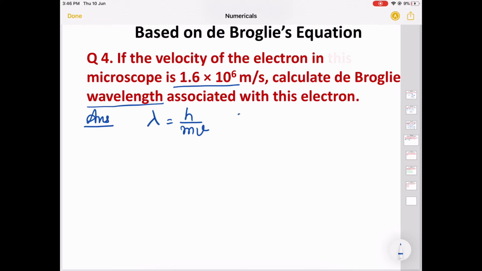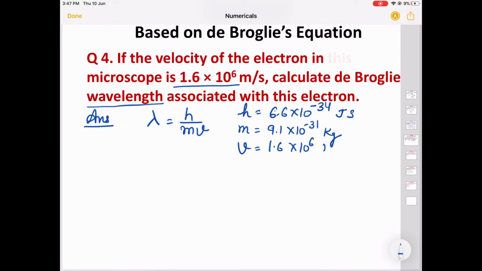The value of h is equal to 6.6 into 10 raised to power minus 34 joule second. This is Planck's constant. Mass of electron is a constant value, that is 9.1 into 10 raised to minus 31 kilogram, and velocity is given to us, that is 1.6 into 10 raised to power 6 meter per second. Putting these values in the formula,